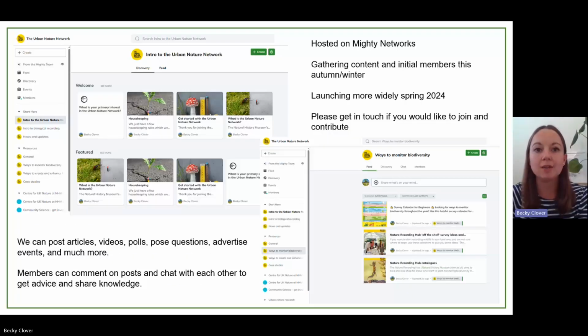It's going to be hosted on the Mighty Networks platform, so it's a kind of closed, private social media group. You can get invited to join, so it's not like a Facebook group or anything like that. At the moment, I'm gathering some content and initial member organisations this autumn and winter. Then we're going to be launching more widely next spring to coincide with our gardens opening at the museum. So please get in touch if you'd like to join at this early stage and contribute anything like